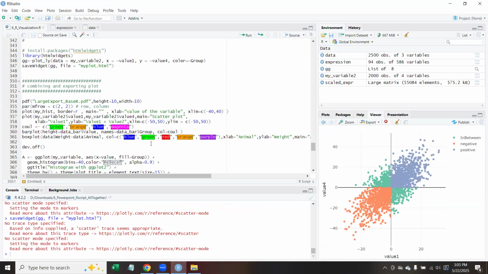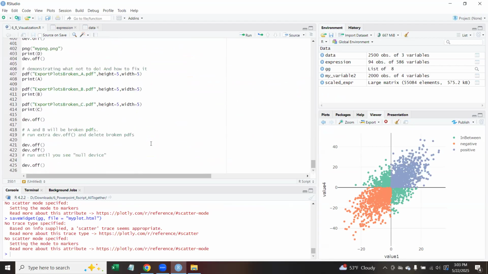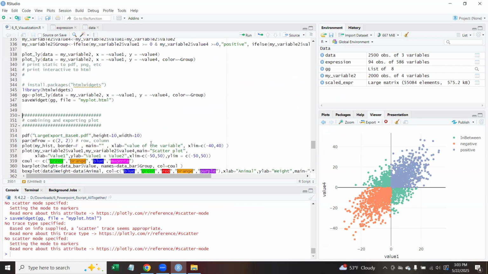When we meet back on Tuesday, I will go over the last few things because we've got to talk about combining plots and exporting plots. So that's going to be the things that we have to talk about next week. Now, if you weren't here at the very beginning of